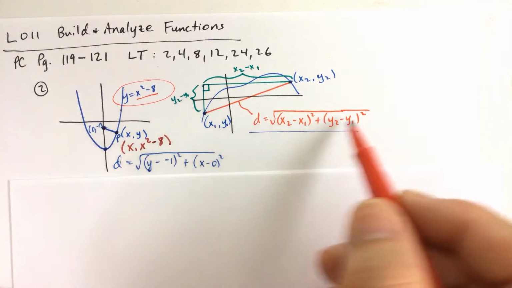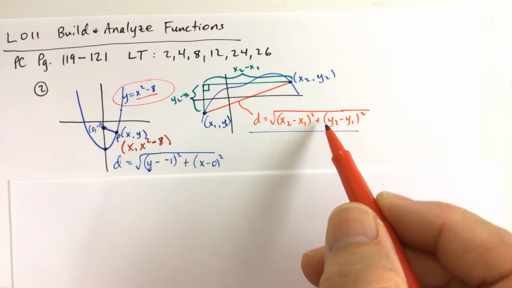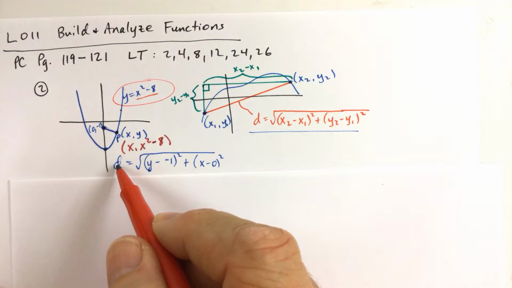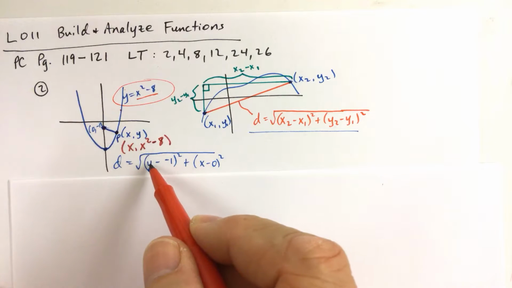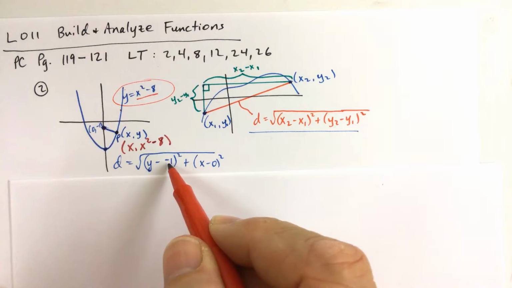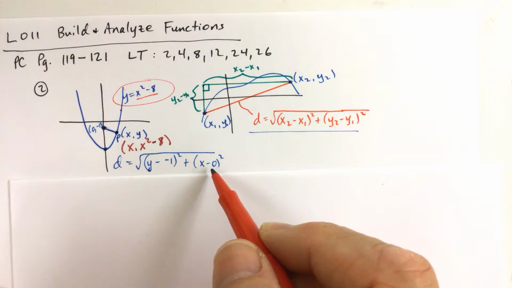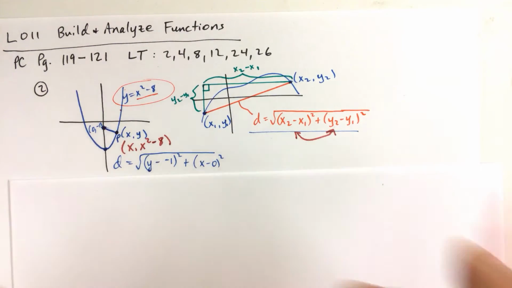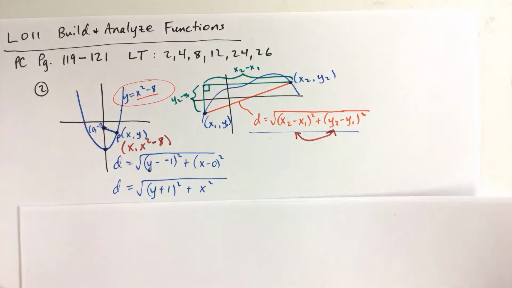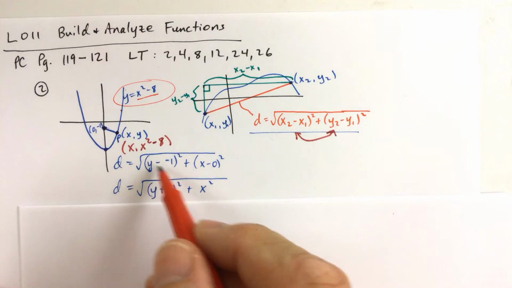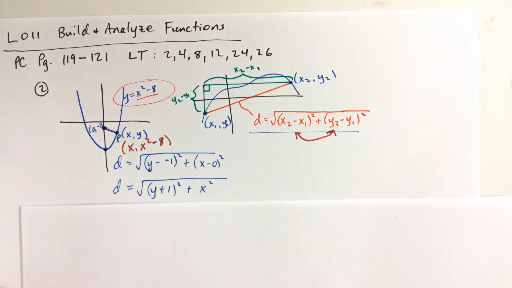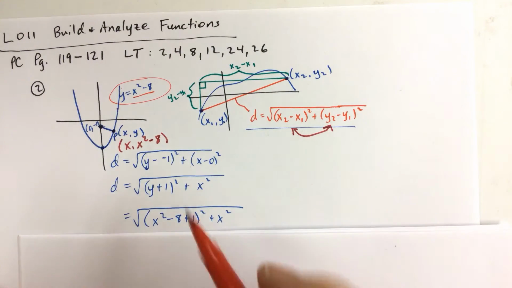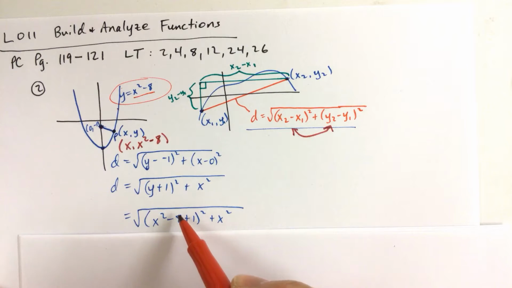Then the distance formula is given over here, with a little background behind where that distance formula comes from. And then going ahead and expressing the distance between these 2 points, we have the difference in the y coordinates squared plus the difference in the x coordinates squared. Of course, with a plus sign you can interchange the order. I'm not sure why I used the y's first there, but then if you simplify this expression, y minus negative 1 to y plus 1, and then substitute in x squared minus 8 for y,